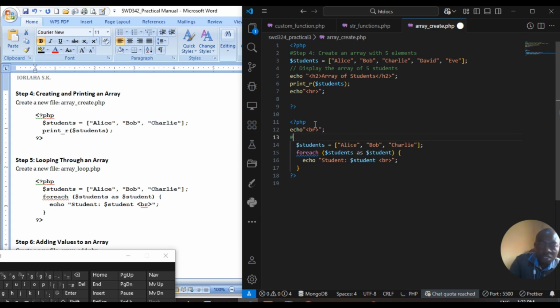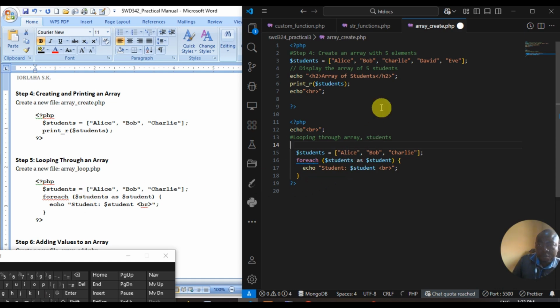Okay, looping through the array. Student, that's the name of the array. So let me just give it space. Then students. Okay, what we had was